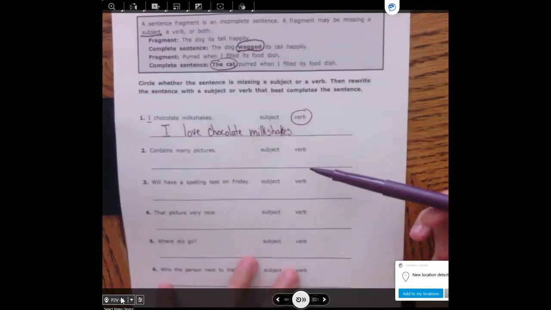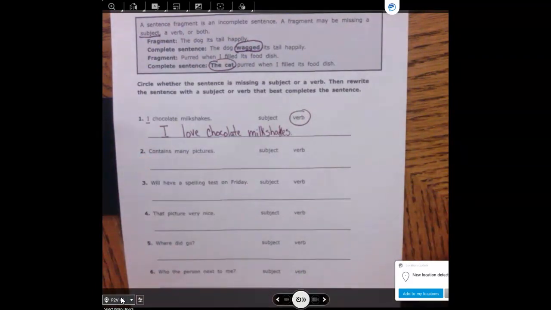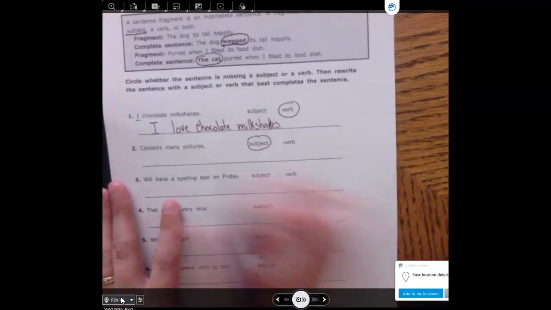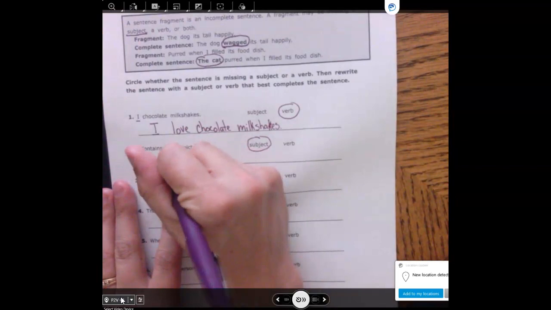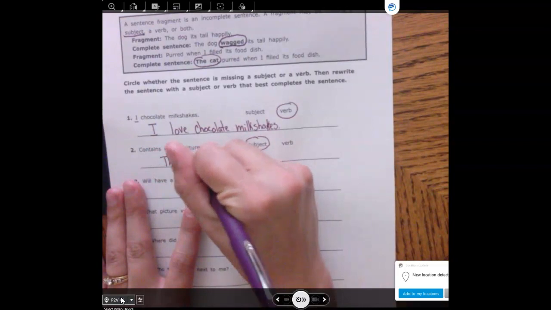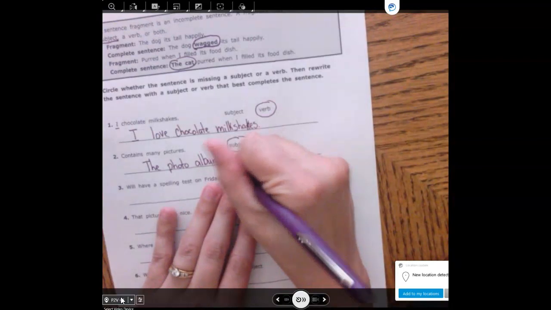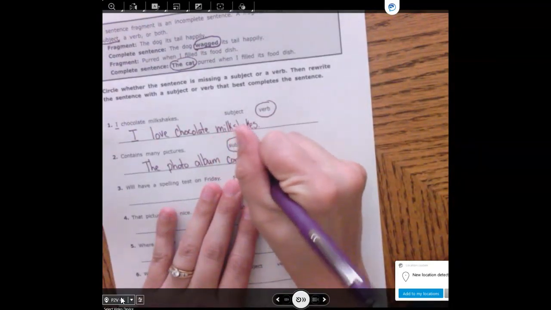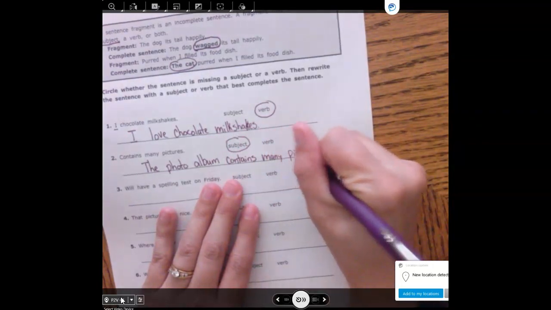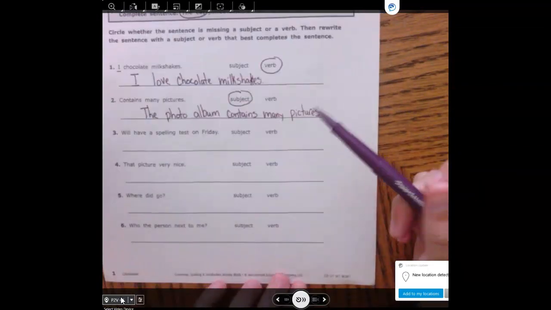Okay, blank contains many pictures. Contains many pictures. What contains many pictures? That means I'm missing a subject. The subject who or what. The photo album contains many pictures. Okay, so you're going to now look at these last 4 and you're going to figure out, is it